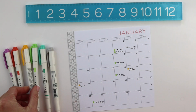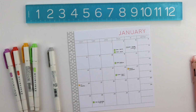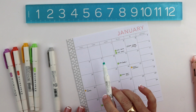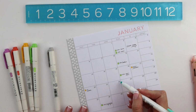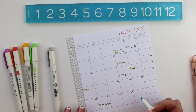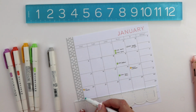The next thing I wanted to show for using Mildliners, one of my favorite things, is just to use it to mark an event that happens across several days. And I try to be mindful when I'm adding my events to keep them kind of in the middle. If an event stretches across a few days, I'm either going to make a line across the top or along the bottom. For instance, my husband is going to be out of town this next week, so I like to come through and just go ahead and draw an entire line on those times because that gives me a quick glimpse